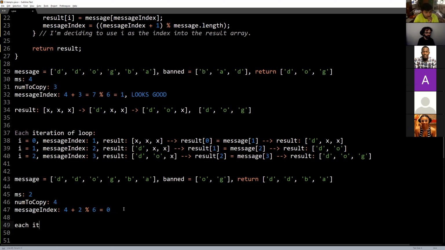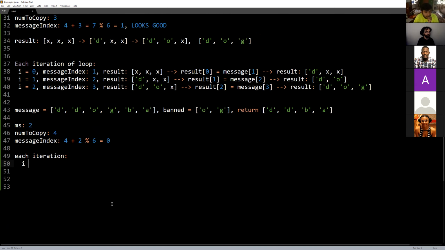Okay, so then each iteration is the following. i equals 0. Message index is 0. Result is nothing, nothing, nothing, nothing. We do result[0] equals message[0], okay?